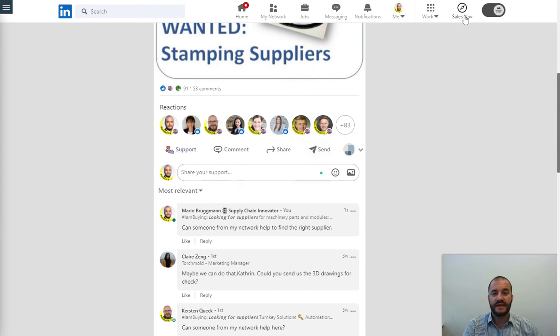So basically, that's how you can interact with posts. And of course, we shall support each other in the social procurement community in order to make sure that our posts are running fast and quickly and that we are giving each other hints. Therefore, it makes quite some sense if we support the posts of others by interacting with them, because that's what's going to give them reach.